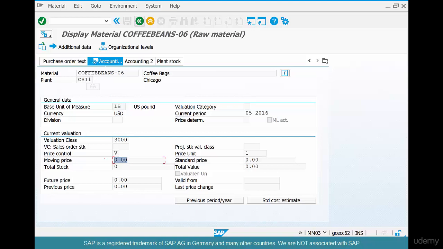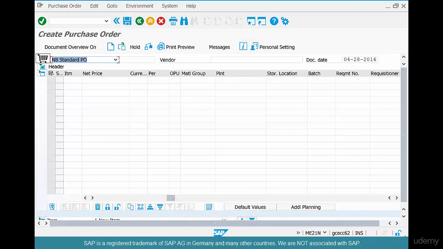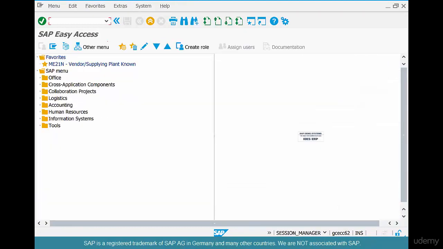So irrespective of the number of purchase orders that you create, the value does not change. But when does the value change? Value changes during goods receipt. That's when we have received the goods, the physical inventory, and the stock goes up and a whole bunch of changes happen. Let's go do a goods receipt. What's the goods receipt? All right, the transaction for goods receipt is MIGO. So go to MIGO